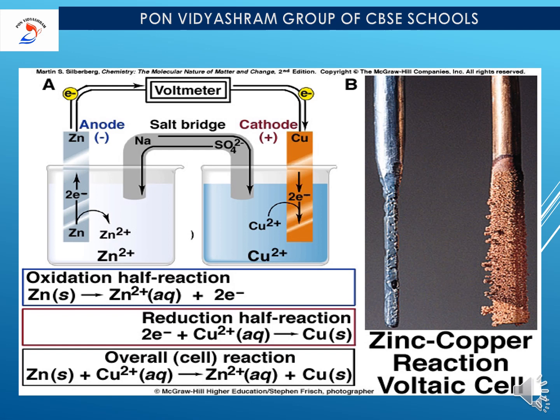Whereas when you are talking about the right hand side where the reduction occurs, once the copper electrode is absorbing the electrons from the zinc electrode, the electrolytic solution which has Cu2+ starts pulling those electrons. So Cu2+ will be converted into Cu. Once it is converted into Cu, it will start settling down near the electrode. So now what will happen? The size of the copper electrode will increase.